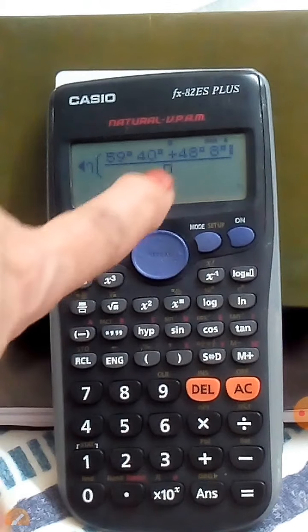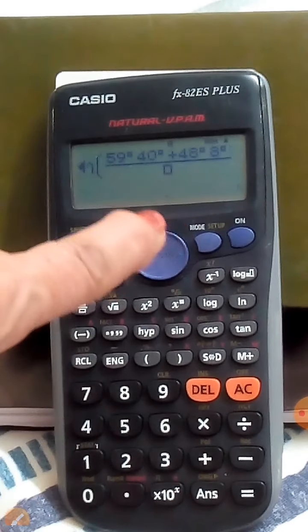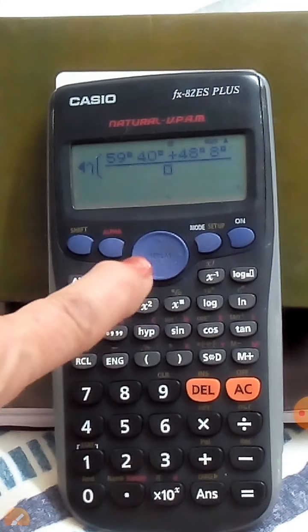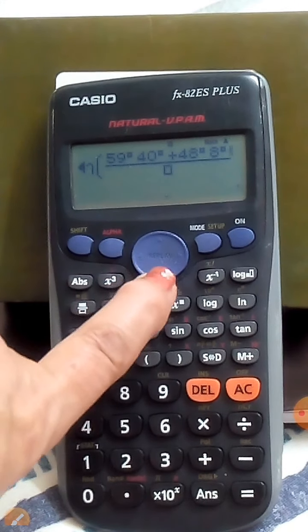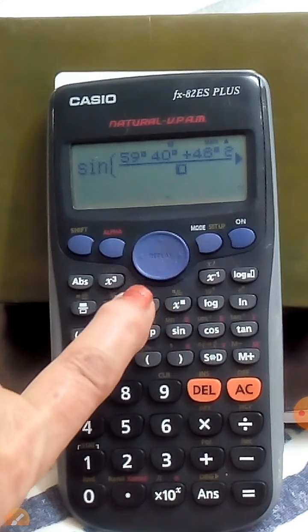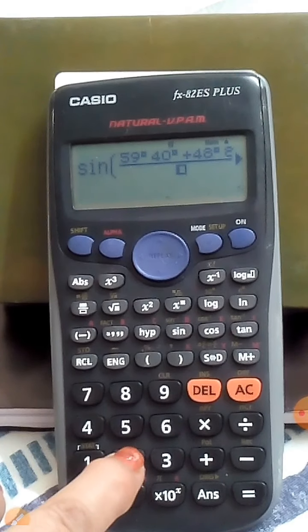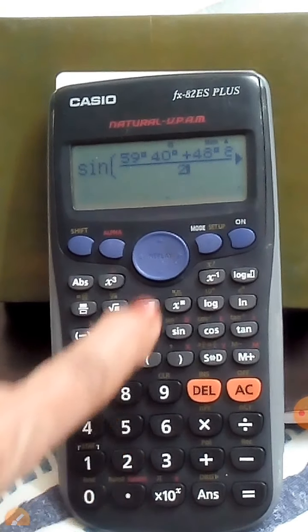Come down to the denominator. For coming down to the denominator, use this button over here. There is an arrow over here. So press it. You come to the bottom. There press 2. Now again come over here.